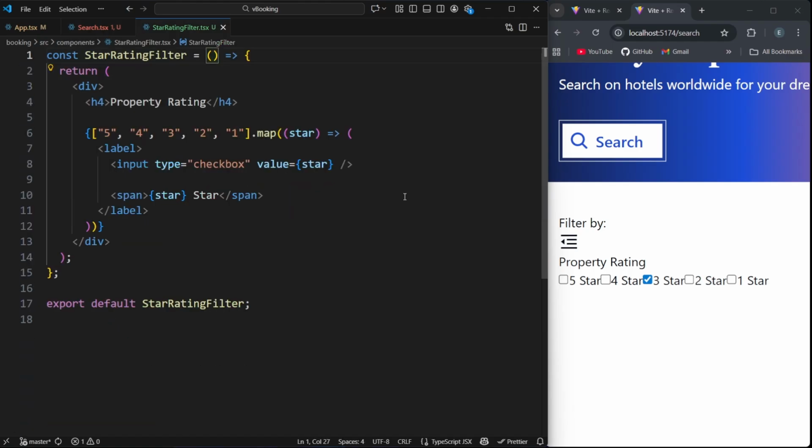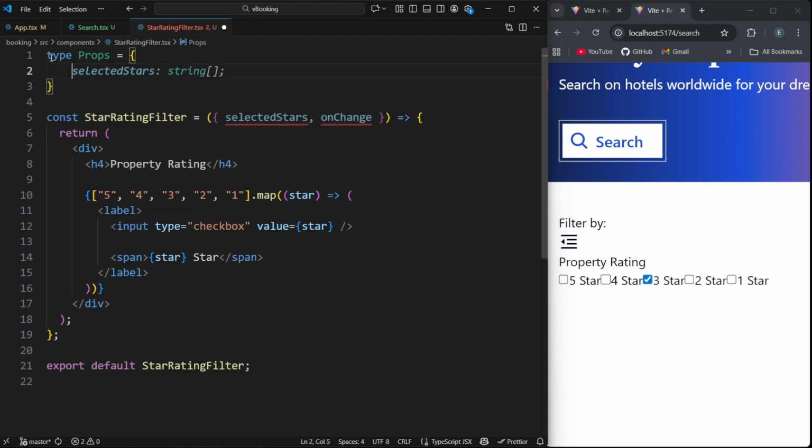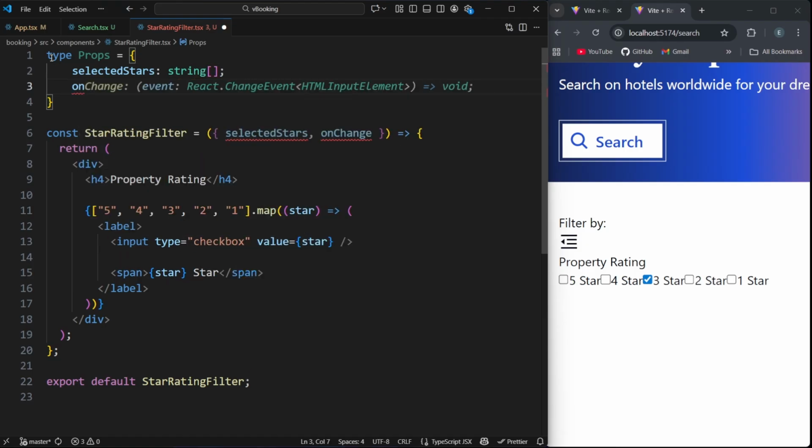Let's save it. Now back in the star rating filter component, we will destructure them as props. So selected stars and onChange, and let's define their types. So before our function, create a type called props, and inside first we have selected stars, which will be an array of strings, and then we have onChange, which is the name of the prop,